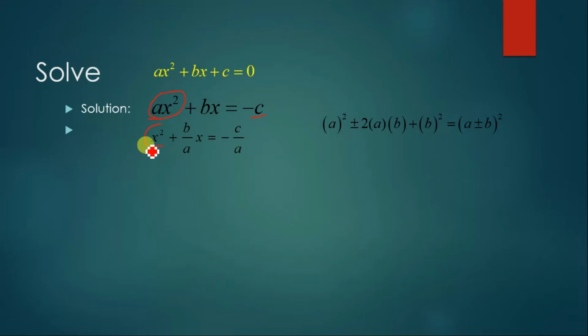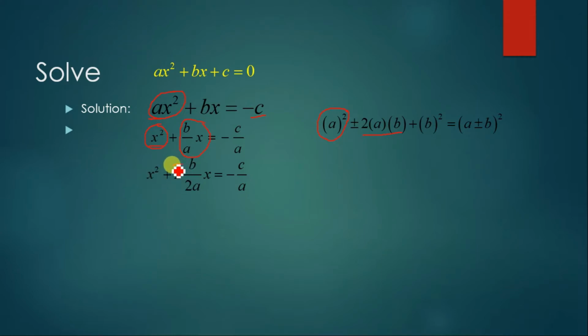Now I have converted this first term into a complete square, that is, in the form of a squared. Now I shall convert this term in the form of 2ab, as 2 is not present here. You can see that 2 is not here. So what can I do? I can multiply it by 2 and at the same time I have to divide it by 2. See how I do it.